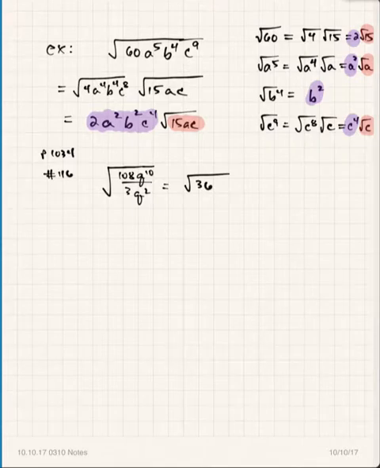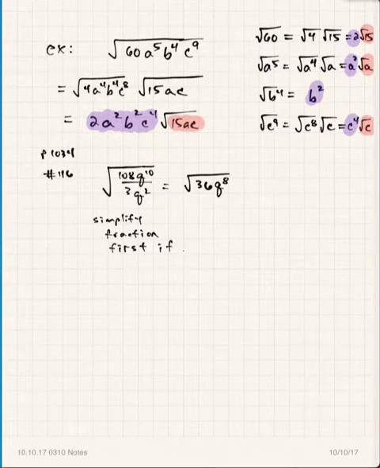And q to the 10th divided by q squared, you subtract the exponents, and you get q to the 8th. And see, so that fraction simplified, and so do that first if you can. So simplify the fraction first, if possible. It may not be possible to simplify, but if it is, then do it. Right? So that's what I did there, and I simplified it, and I got 36 q to the 8th underneath